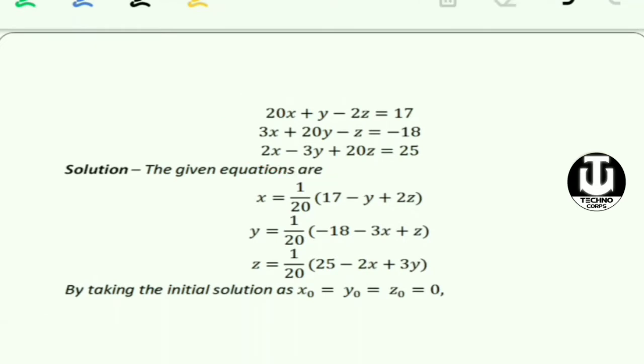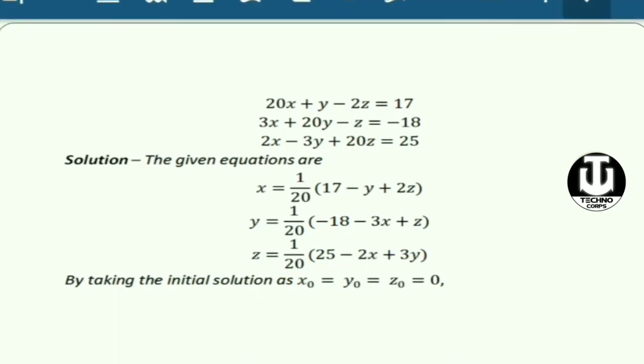So first of all, what do we have to do? We have to get the equations in the form of the diagonal elements, that is x, y and z. We have done this as we discussed in the procedure. Now we have the solution in these three equations, right? For each iteration we will take these three equations only. For the starting, the initial approximation solution is taken as 0. You can take any value, but the thumb rule says take the value as 0.